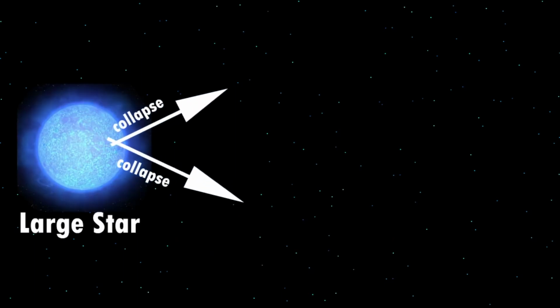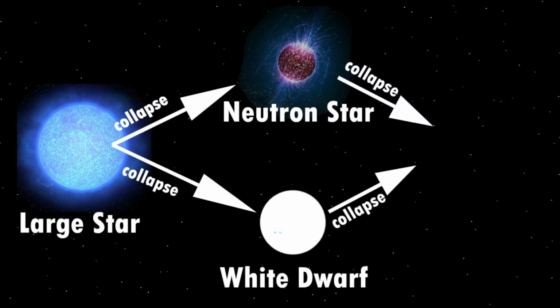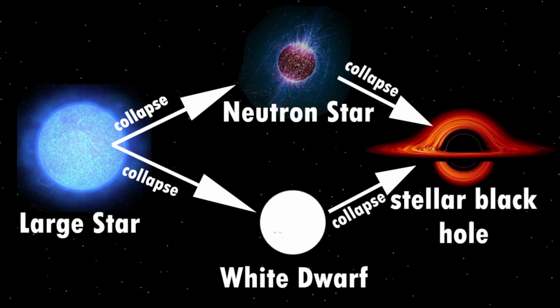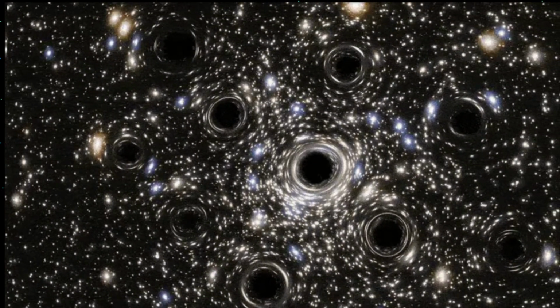These are formed because when large stars collapse, they become either a neutron star or a white dwarf. When those larger stars collapse, they can have enough mass to collapse all the way down to a singularity, creating a black hole. These black holes can be found throughout the universe with solar systems and planets orbiting them. When I first learned this, I thought that might mean eventually our sun could collapse into a black hole. You'll be glad to hear that our sun will not be massive enough to do that.